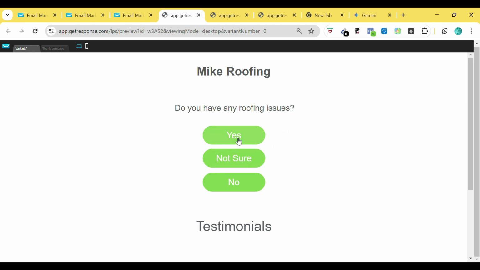This is psychology again. They hit yes. Then you have another question. Do you have any loose shingles that you're aware of? Now the not sure is a great follow-up question in that part. So they'll have yes, not sure, no, or you can do maybe. You can change that language. This is, again, the psychology that goes into generating the lead. It's just language. And then from there, on the final page, you can say, well, listen, right now,